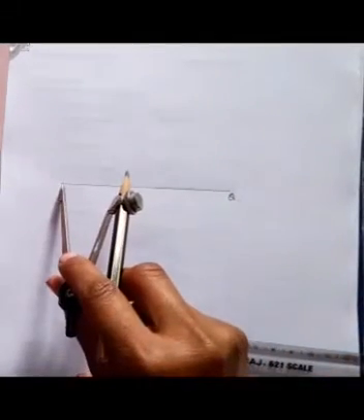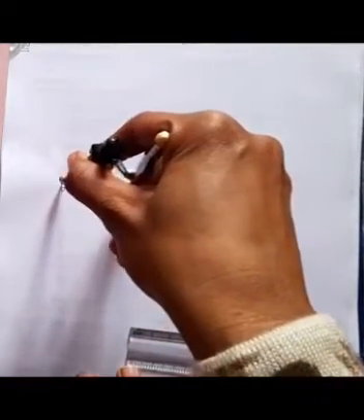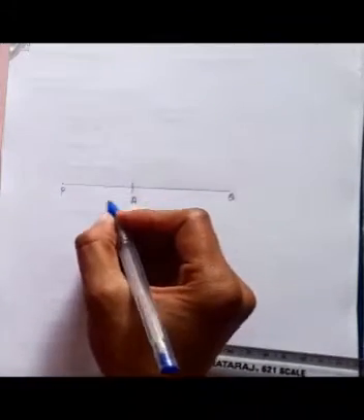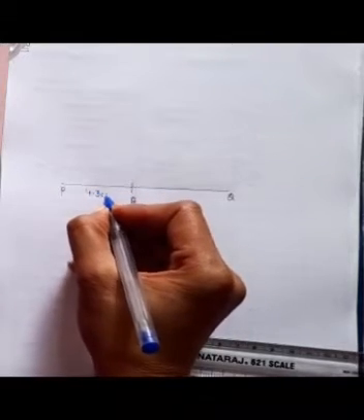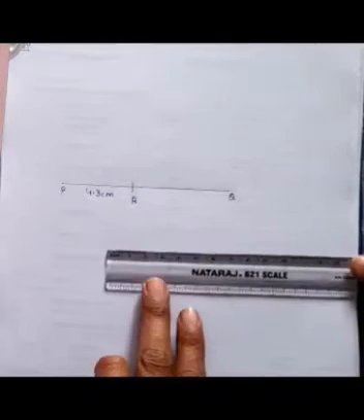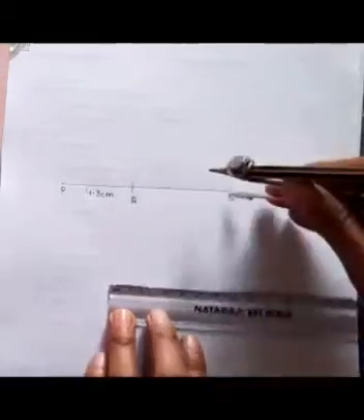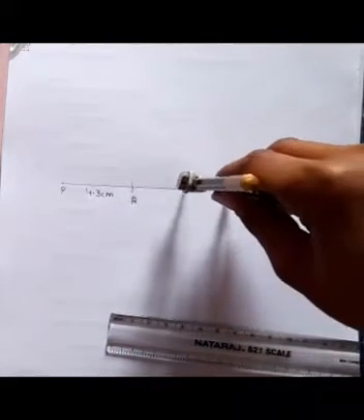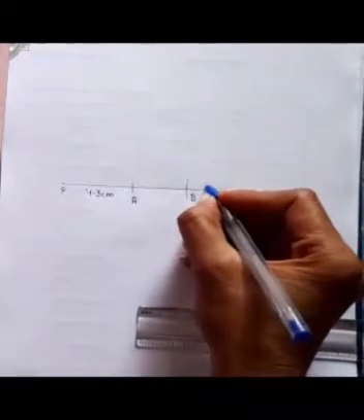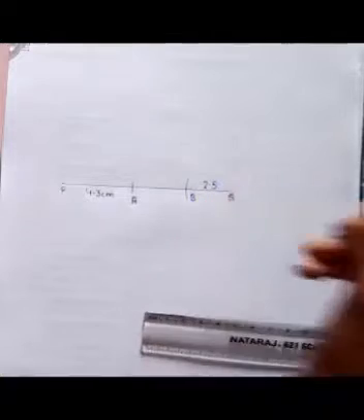So from P you have to put your compass and mark an arc. This point will be considered as your point A. Now this PA is of length 4.3 centimeter. Clear? Now next line is and BQ of length 2.5 centimeter. Again you have to open your compass to 2.5 centimeter. So I have opened 2.5, and from Q you have to mark an arc like this. This is your B point. And the length of BQ is 2.5 centimeter.